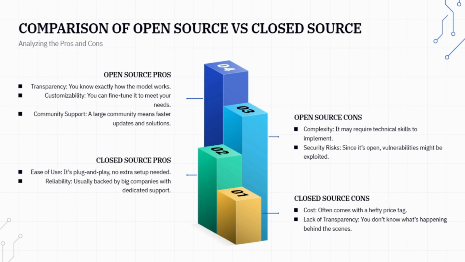So first is cost. It typically comes with a higher price point. We need to pay as per the tokens, and different models will have different pricing. It would be available on their official websites. So secondly, over here we have lack of transparency. You won't know the full details of how it works under the hood because everything is closed source over here. Like open source, you don't have any repository where you can see the entire working, entire architecture of